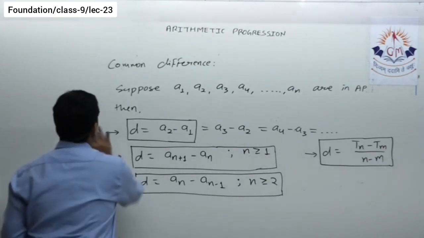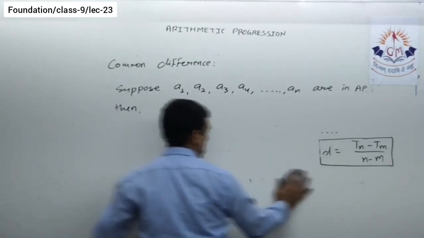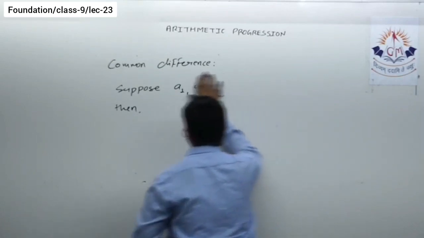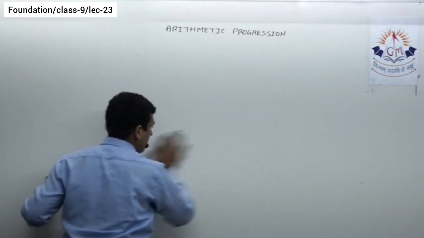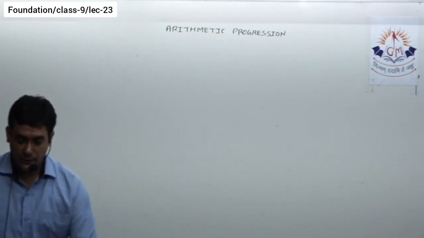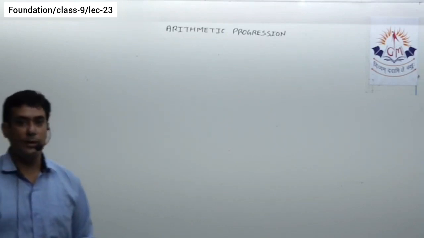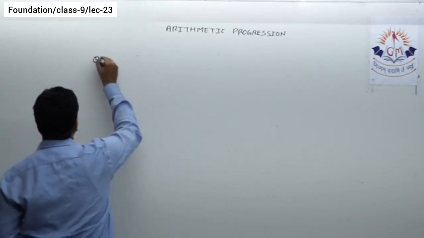Okay, so let us see the very basic questions based on this. However, chances are very low that these types of questions are asked in your exams. But we'll start with this type of question itself. The very first question is, write the first 4 terms of an AP if its first term and the common difference are given.